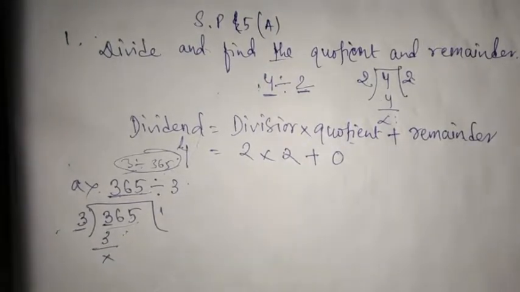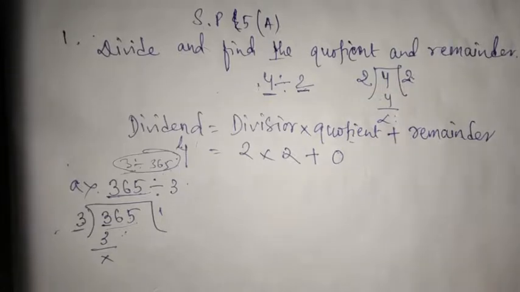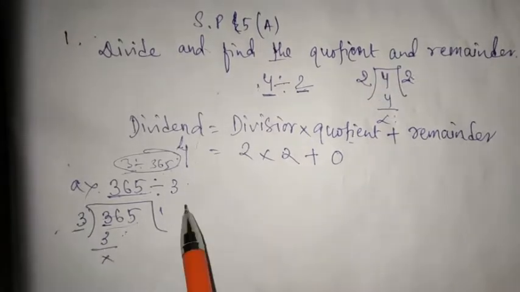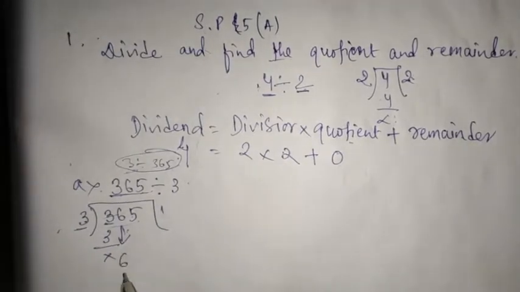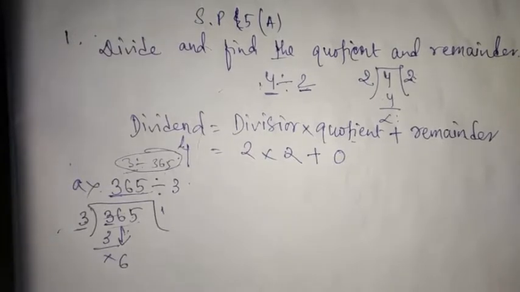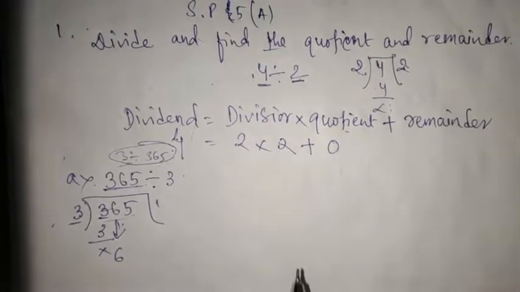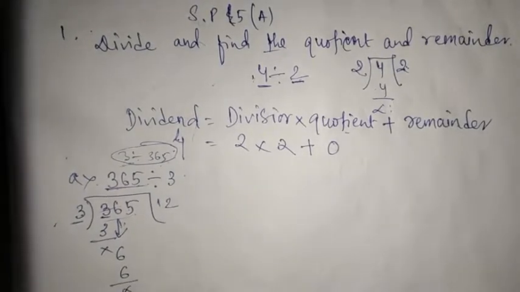If you know the multiplication table, then you can do it directly. 3 12s are 36 is possible, but I have used 3 ones are 3, so it will be easy for many students who don't know the table of 3. 2 elves are 36, right? So what is possible here? 3 to the 6 is possible, so you can write it here, right?